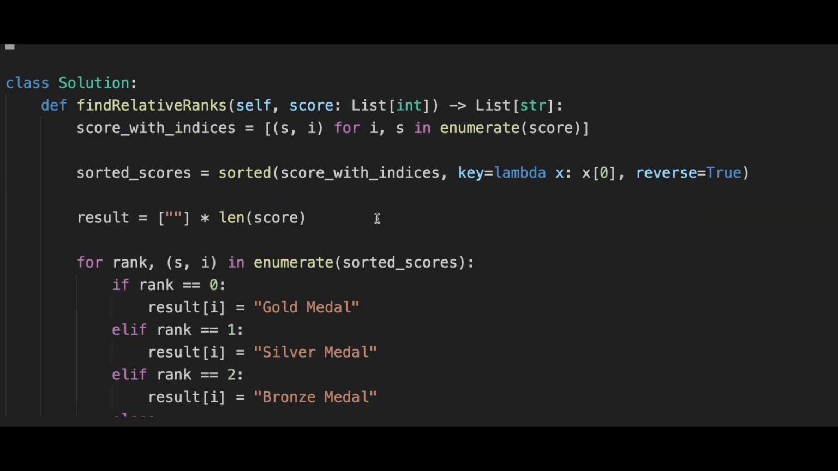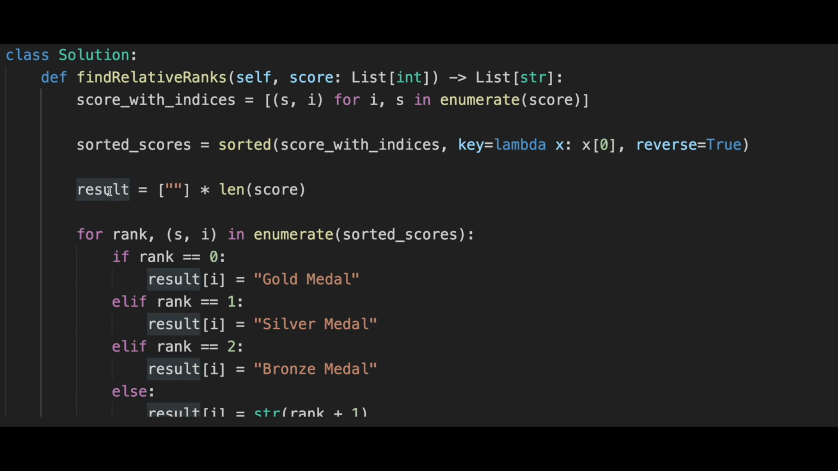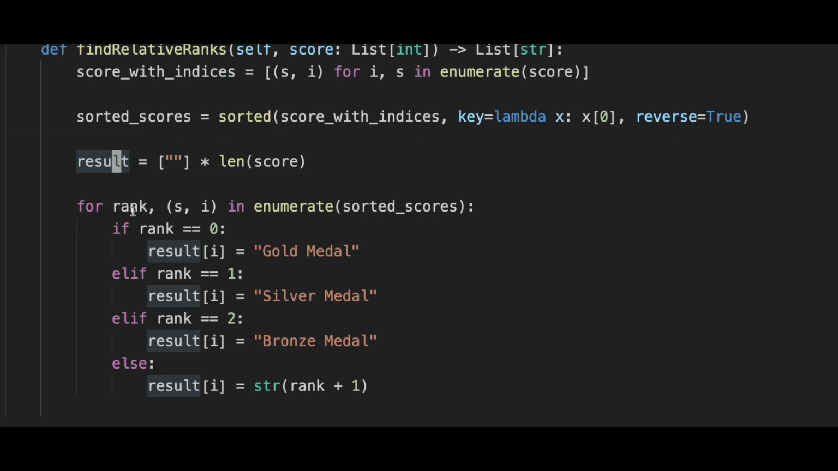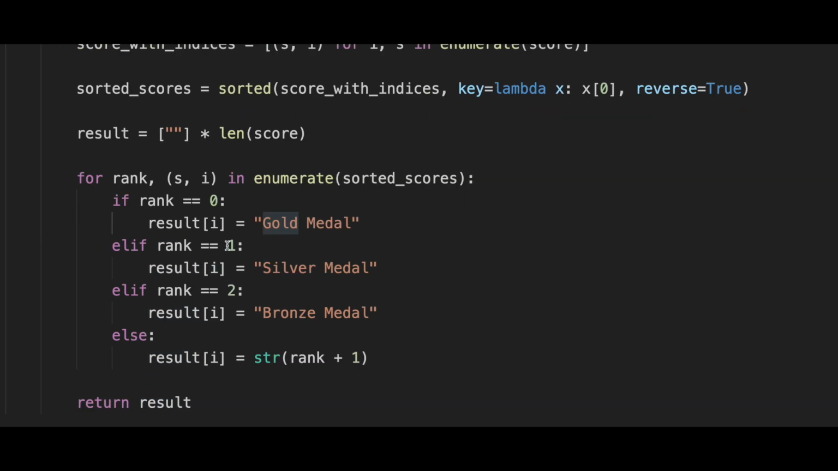First, we go over our array and create a pair, which is the score and the index. After that, we sort our array based on the score. After sorting, we create a result which we return. For the first player, at rank 0, we take the index in the result and set that value to gold medal. If the rank equals 1, which means it's second place, because it's a 0-based index,